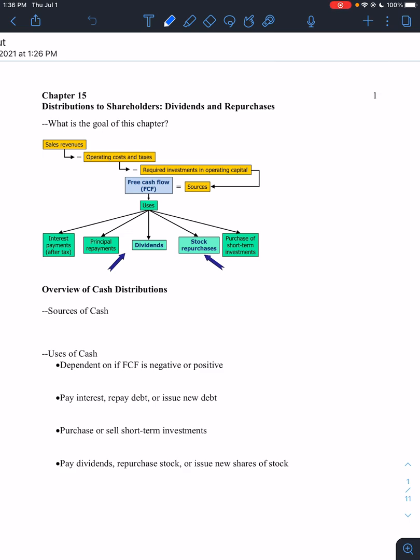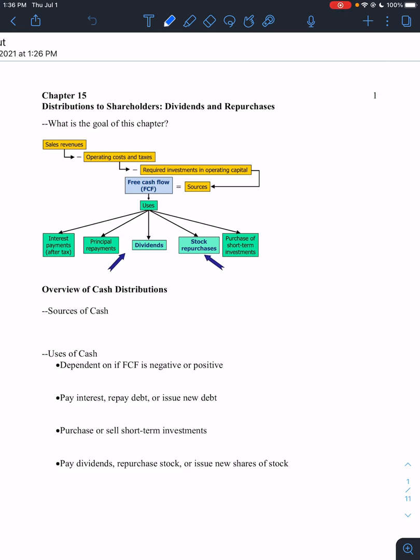Anyways. All right, so this chapter, like I already mentioned, will be another conceptual chapter, so just all multiple choice. Not as many theories and not as hardcore theoretical as capital structure, but this chapter is all about distributions to shareholders, which basically means 2 things. It means cash dividends, not because there are stock dividends, right? And there are cash dividends. So when I say stock dividends there, I mean dividends coming from common stock.